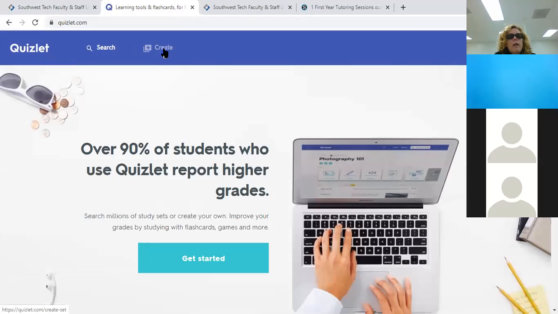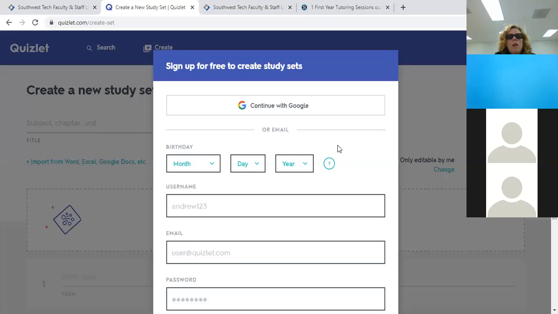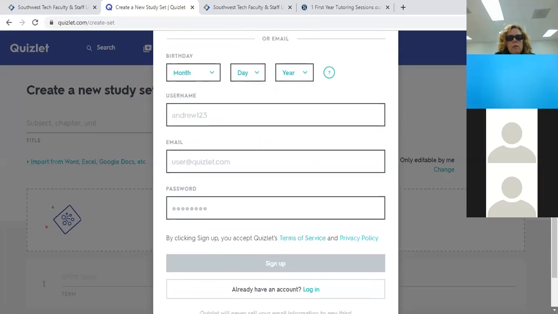So on the Quizlet website, you can go to create. And those of you that have used it can let me know, but oh, they want me to sign up. I'm not signed up yet, but